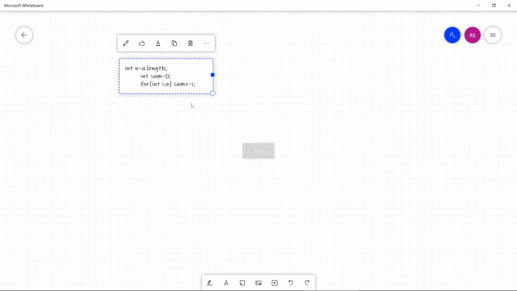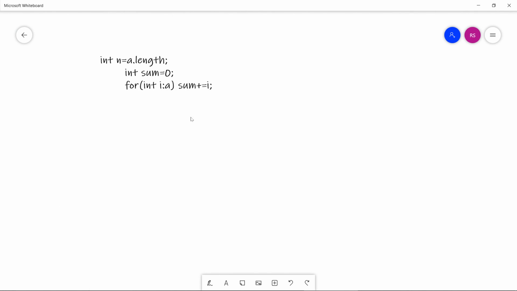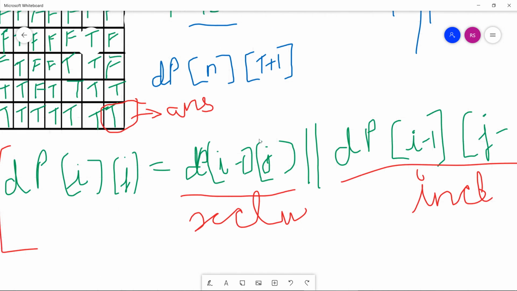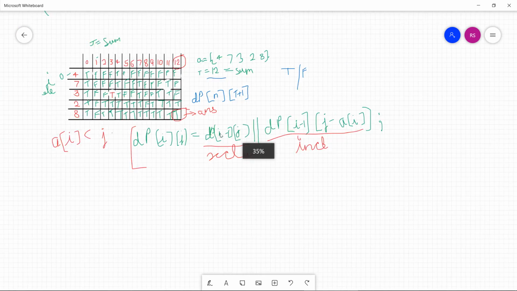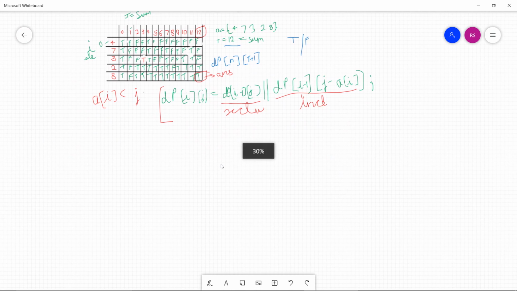Here is the code. We have an array with variable name a, and I take the target sum as simply sum.